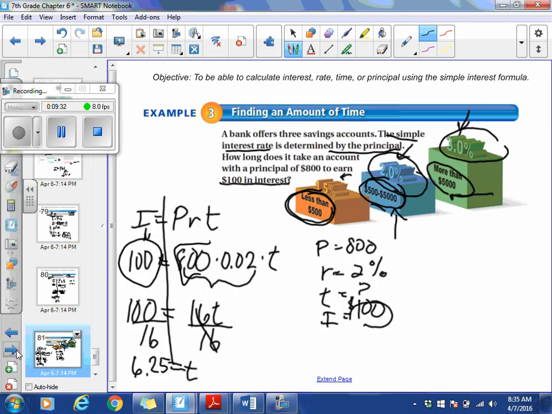to earn $100 in interest when you originally put